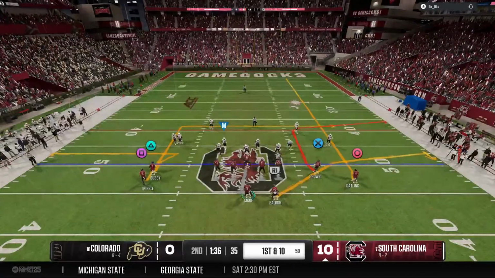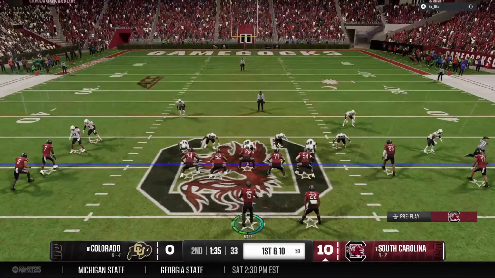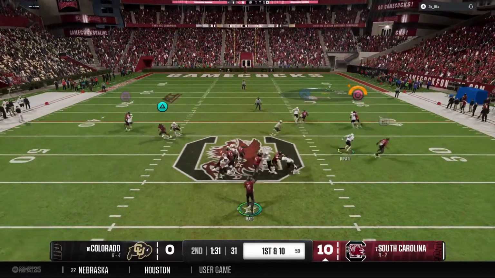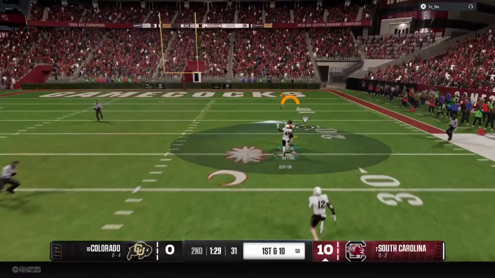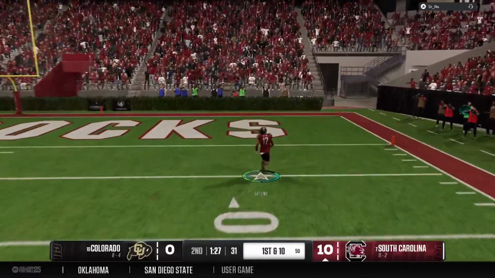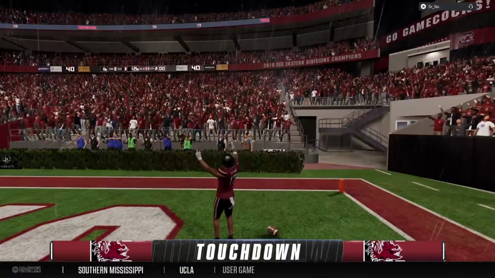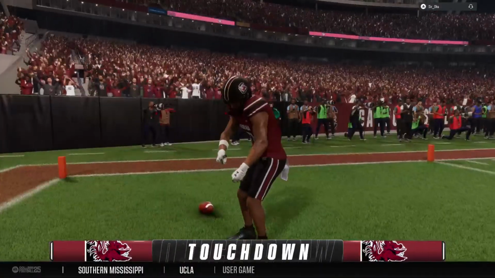Chris, that's another positive game for this offense, and this quarterback continues to show why he's had such a great year this year. When he has time to throw, he gets his feet set. He's as accurate. He grabs it inside the 20. They're not going to get him. He's in. Touchdown, South Carolina.